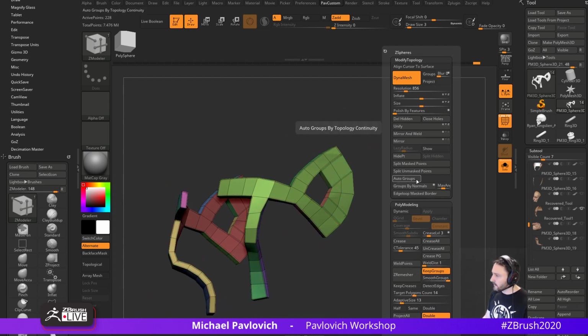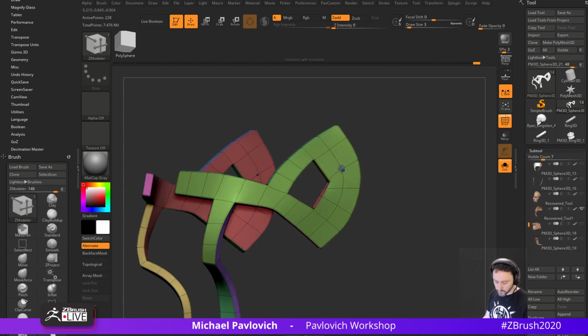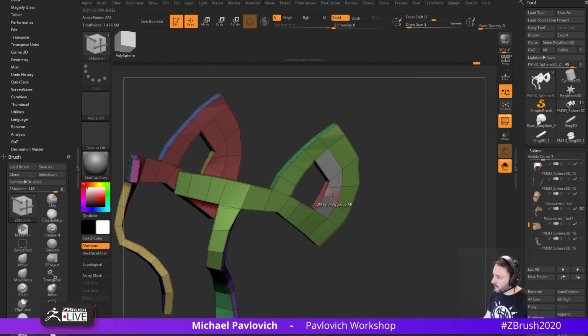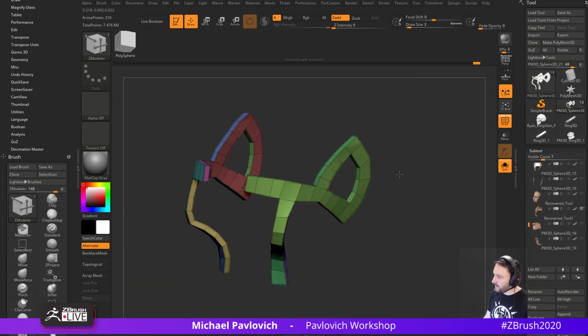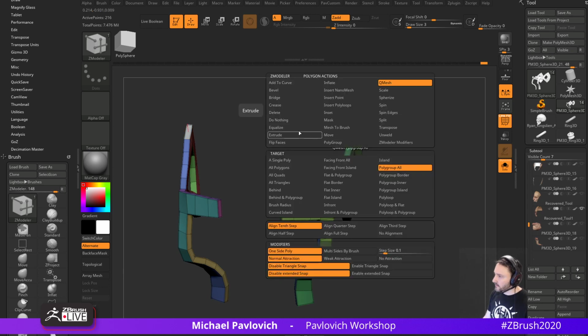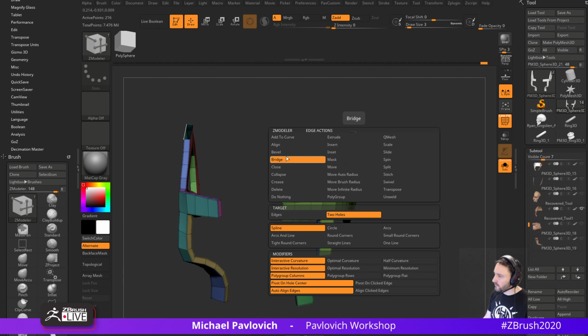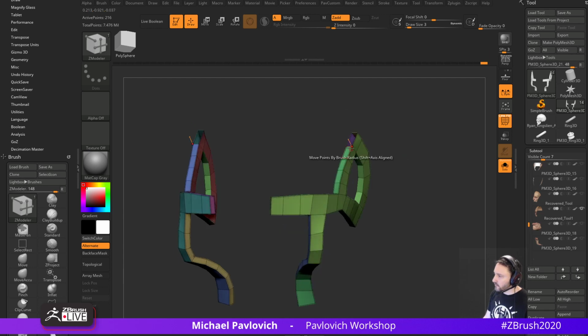normals, and then uncrease all, and then crease PG, and then turn on dynamic, and you can get rid of these just by using QMesh. It's kind of an easy way to punch in holes like this. But like I said, you can bridge these holes, which will probably work a little bit better because it's a little farther apart. So bridge 2 holes. I want to bridge here to here, and you can just pull out and